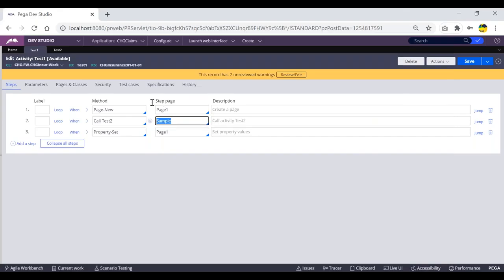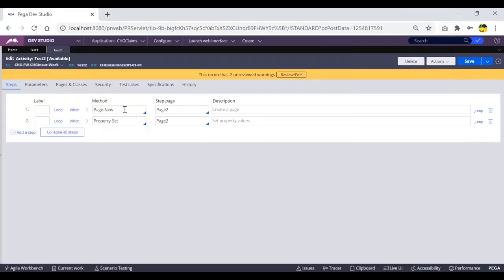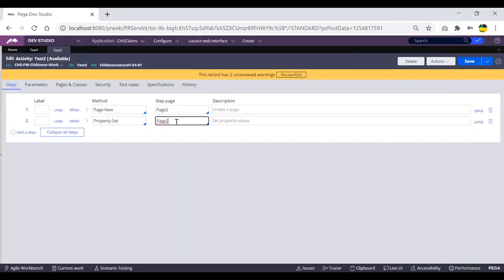Here we'll be getting sample. Okay, and here we'll be getting sample, and this step 1 has to be executed on page 2 what I'm defining. And if I'm not defining any value here and saving this,